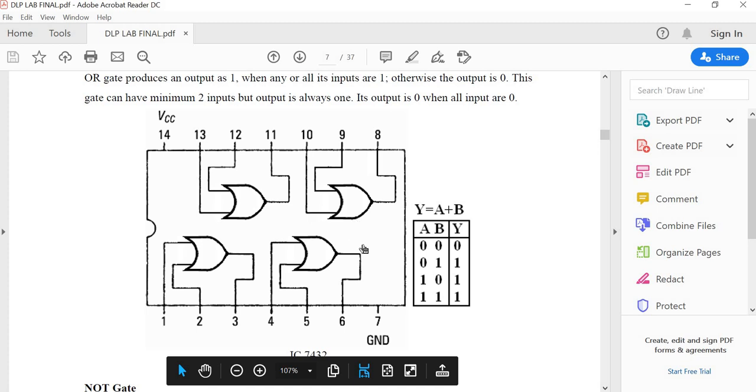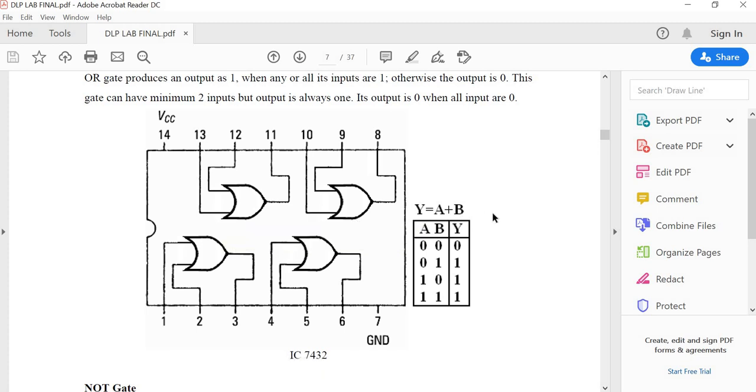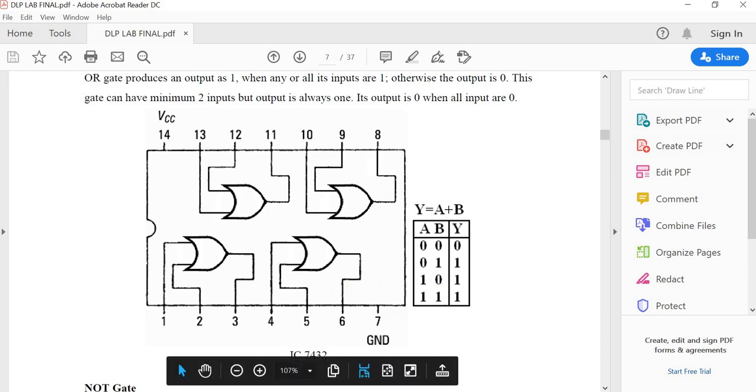The symbol of the OR gate is like this, and the function of the OR gate is y is equal to a plus b. Output is equal to the logical addition of inputs. If two inputs are there, four combinations we can apply, and the truth table is like this. That means in the OR gate, only if both the inputs are 0 will the output become 0. Otherwise, in all the other cases, the output is 1. This logical functioning of the OR gate we will verify. The truth table will be examined in Logisim.